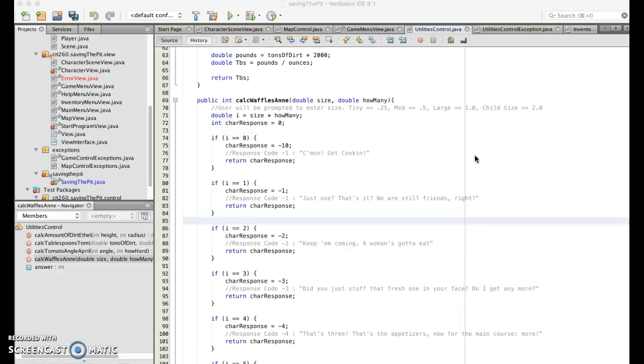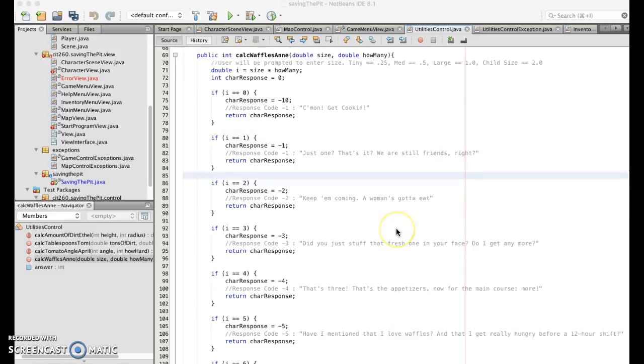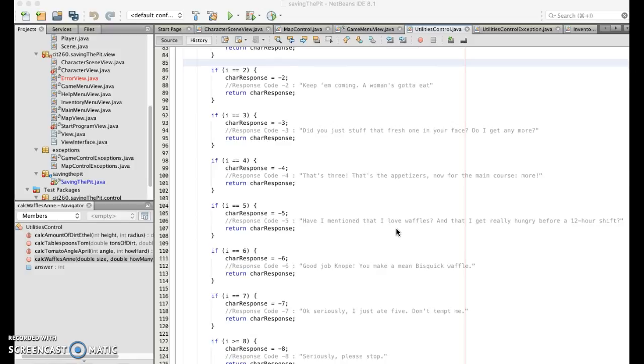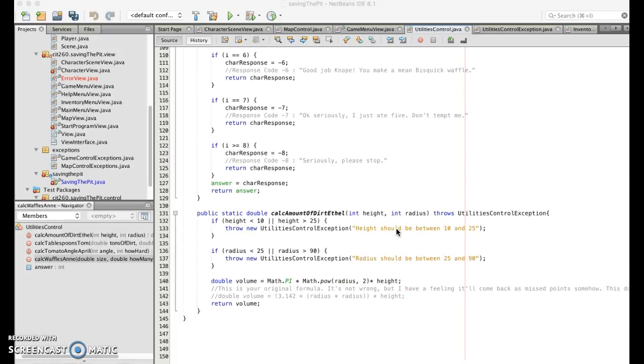So to start, the difference between a static class variable and a non-static class variable is that a non-static class must be created as its own instance to be used, whereas a static class does not need that, and it's created as like a calculator function. So for example, something down here called the calc amount of dirt. This is a calculator function, and so it can be used by just calling and